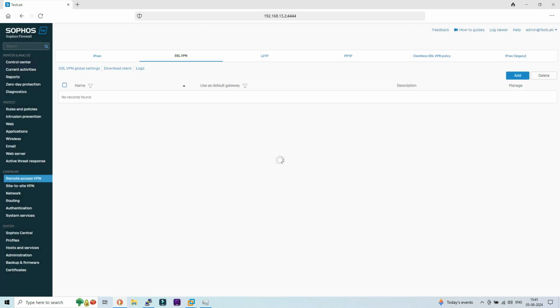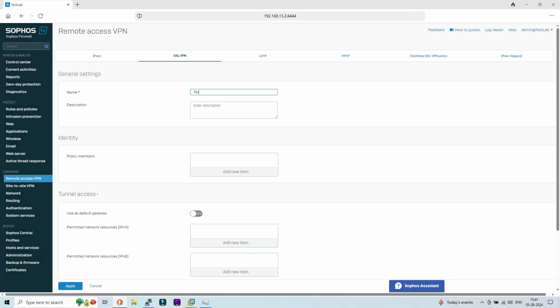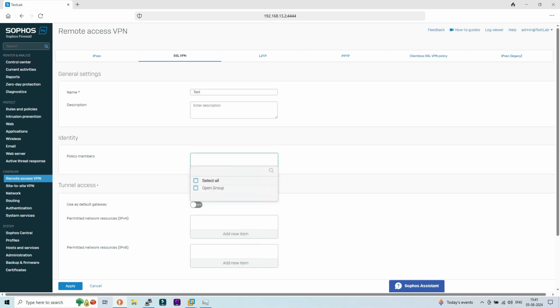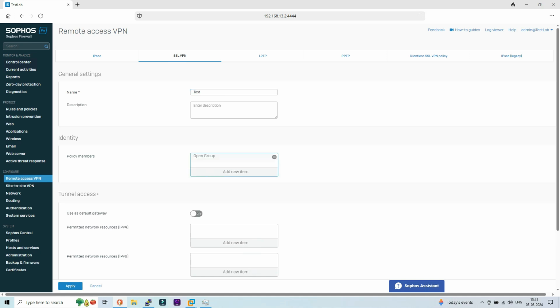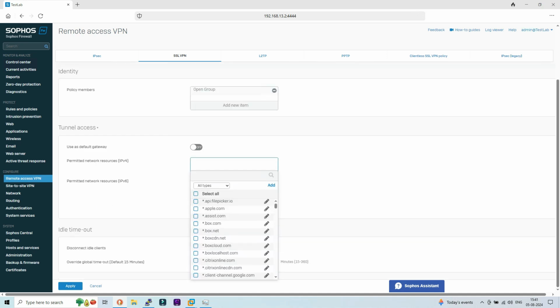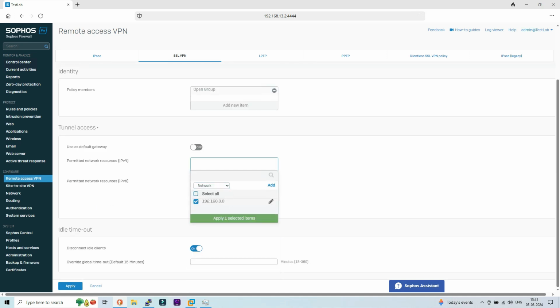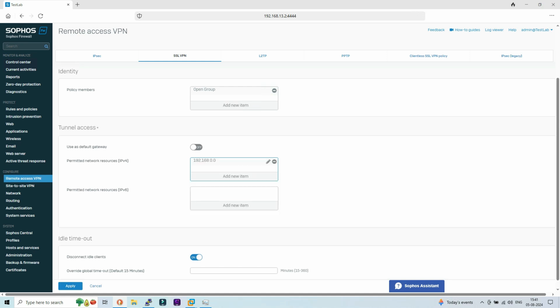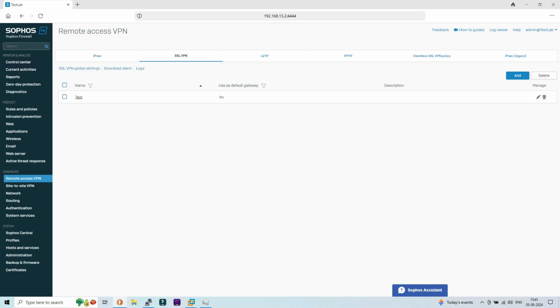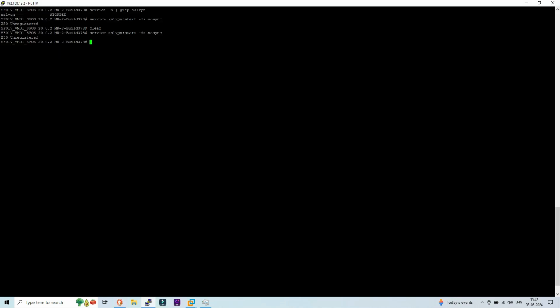Let me define it manually. Here I will define the policy name as test. Policy member, I'm selecting the open group. Permitted network, we can select any for the time being. Here I have created a dummy network 0.0.0.0. Then just simply apply. Now our SSL VPN configuration has been successfully configured, and we will check its SSL VPN service status again